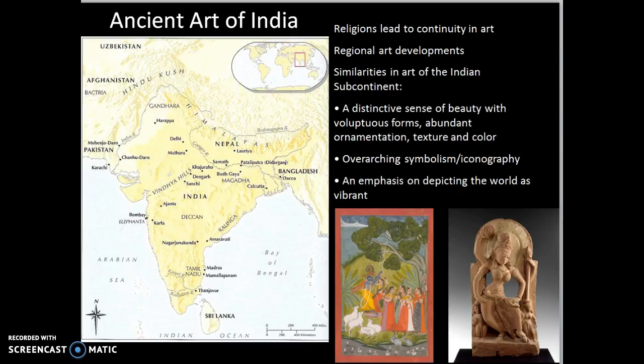India and South Asia were linked to the rest of Asia and Europe through trade routes, both land and sea trade routes. Now, despite some cultural cohesion, these are very distinct regional areas. So they have distinct cultural differences. One of the main things that are different from each other is languages.